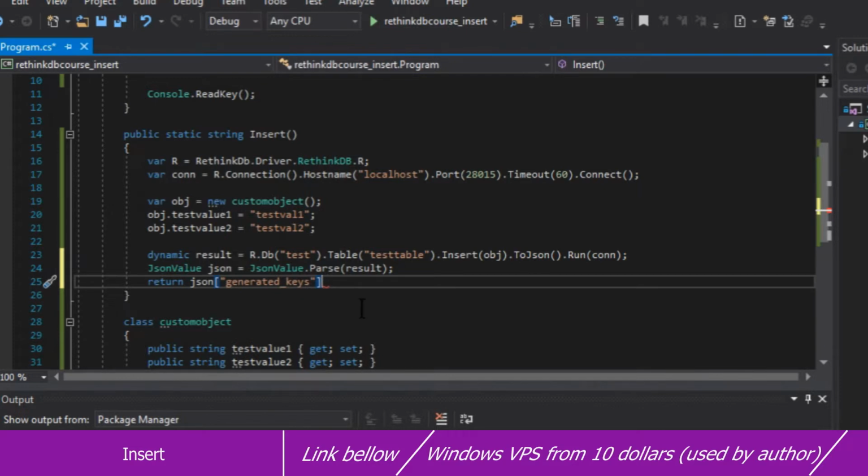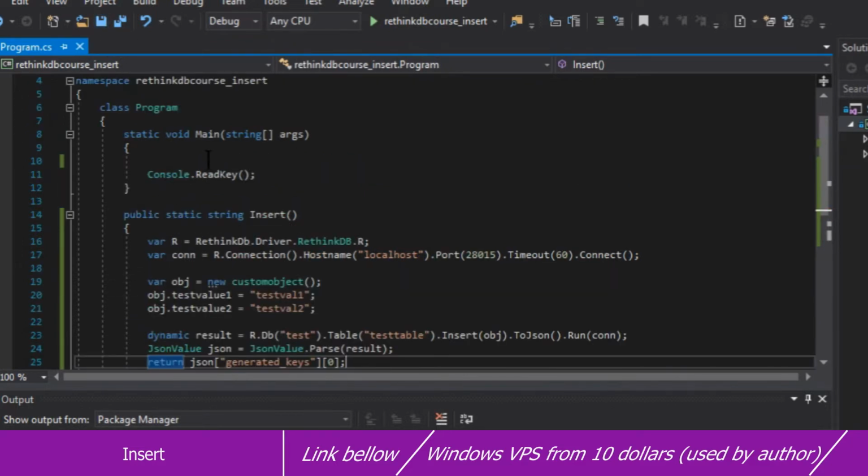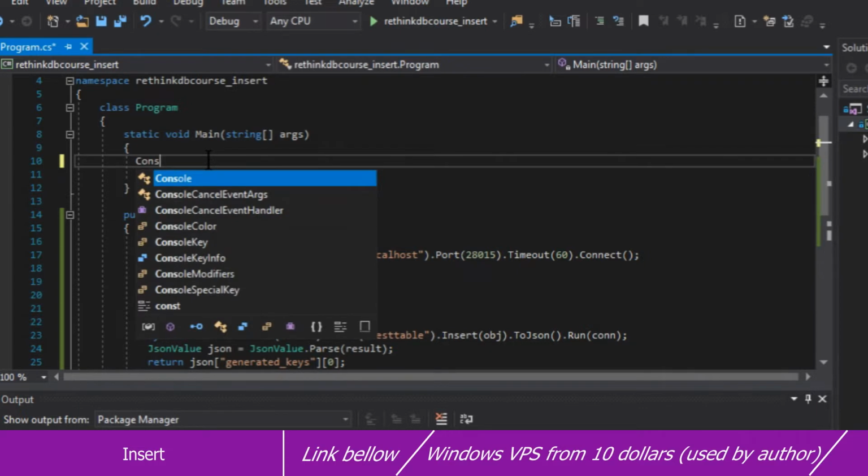Now, do note that we are actually inserting only one value this time, so we will only have one key. Therefore, we will only need to return a simple string here. So it still is a list, an array, whatever you want to call that, and we do need an index. So the index obviously will be 0. And now we can close that, we can save it here, and we will simply now write console